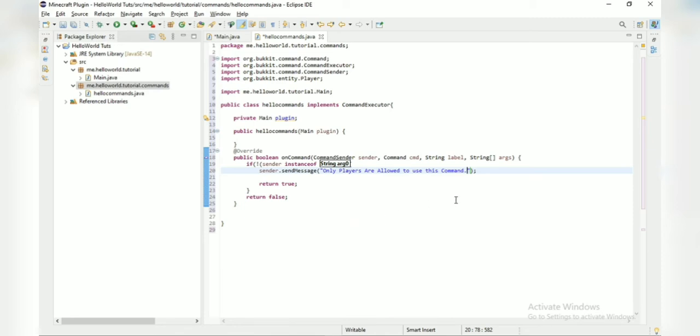So this is what the plugin is going to tell the player if he does not have the permission. So if he has the permission, so what we are going to do then is